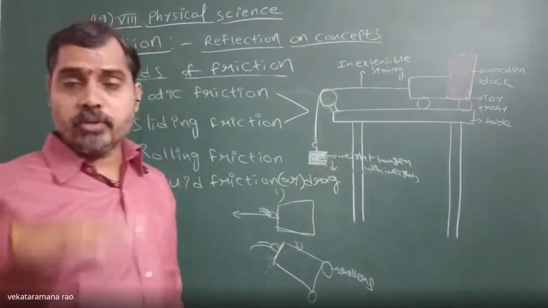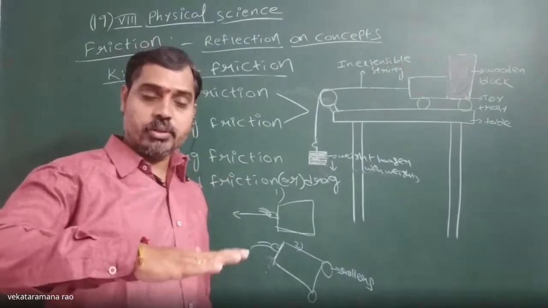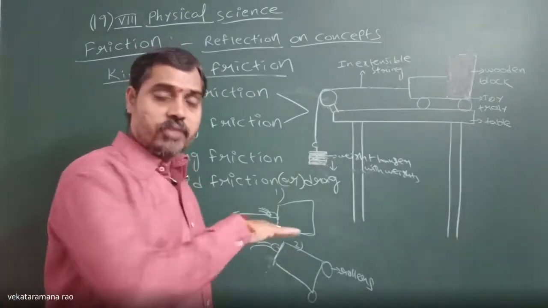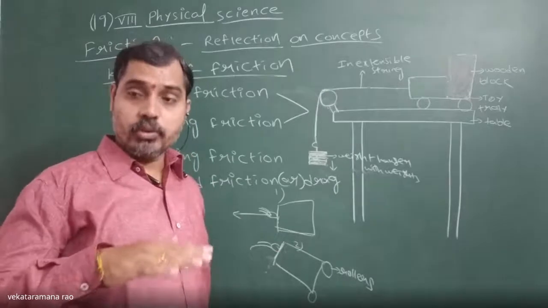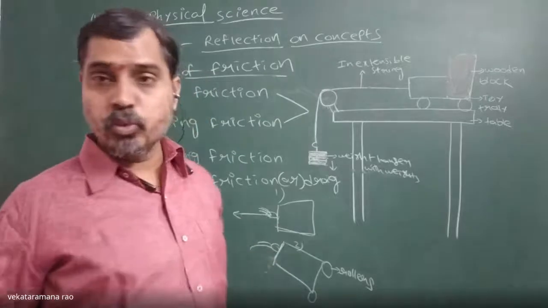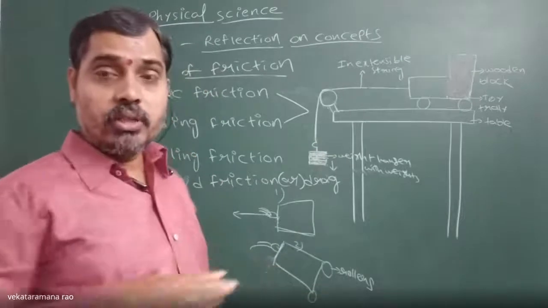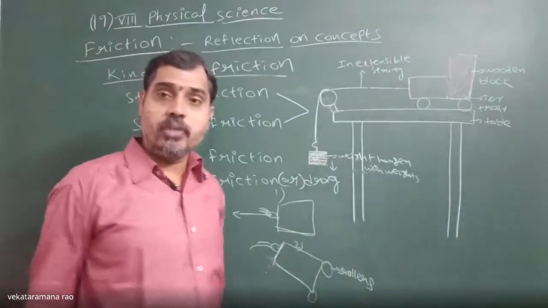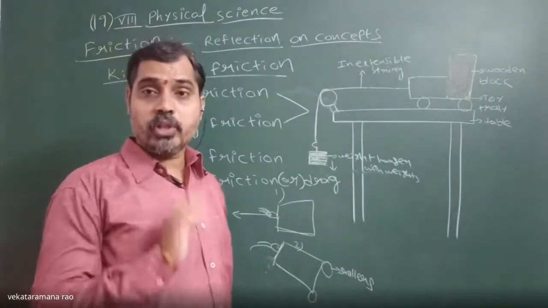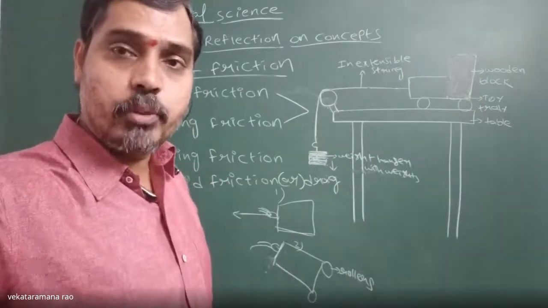Let us take a tub of water. You place your hand totally immersed in the water and try to move it. If you move it upwards and downwards, it is easy to move. Whereas when you try to move it horizontally, we have to penetrate through the water, and the water applies a frictional or stopping force, which tries to restrict our hand movement. We call it fluid friction, or drag.